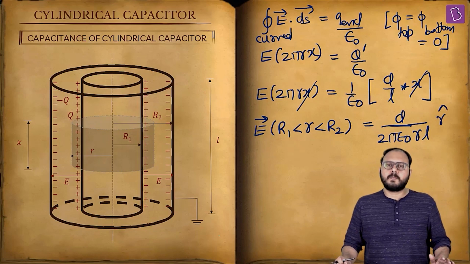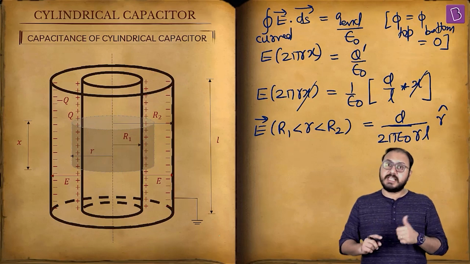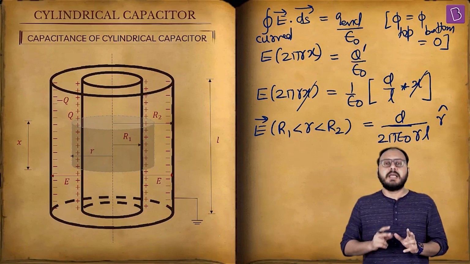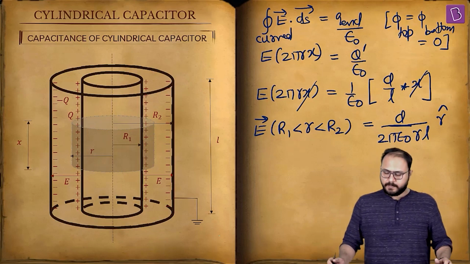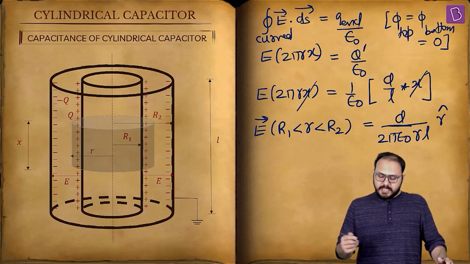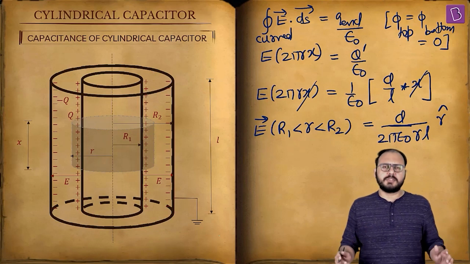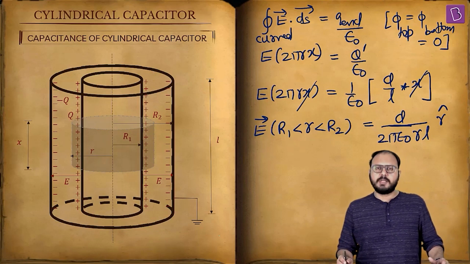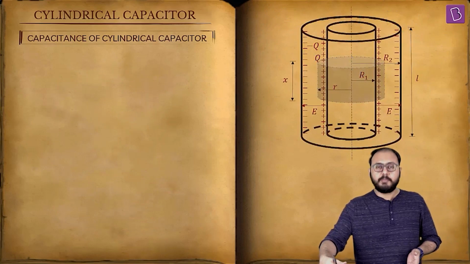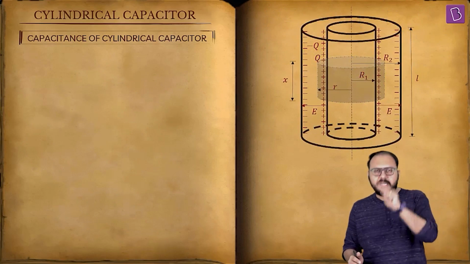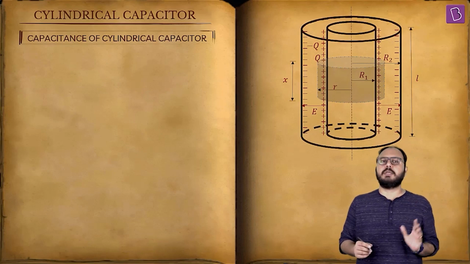Take your time. I know we have to find two things. We have to find the capacitance of the system, just like the spherical capacitor, and we have to find the energy stored in between. But we will need the field for sure anyways. What is E for r less than R1? 0. What is E for r greater than R2? 0. Why? Because simply by Gauss law Q enclosed is 0. Got it? So Q upon 2 pi epsilon naught r L. Now what will this help you find? This will help you find the potential difference. Why do you need potential difference? Because Q equal to CV. So C is eventually Q by V.